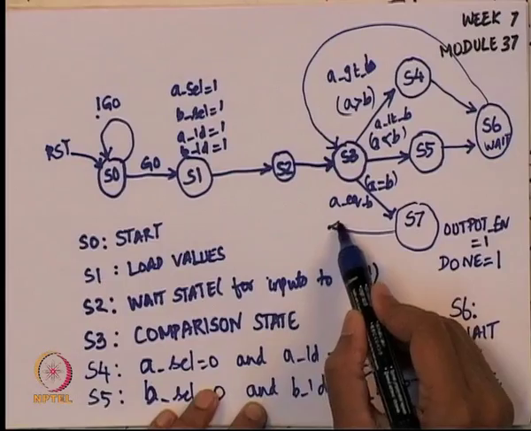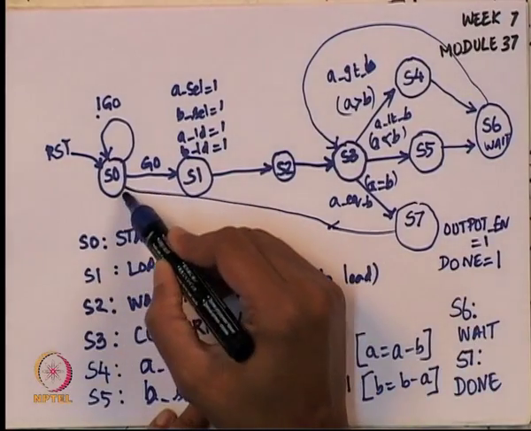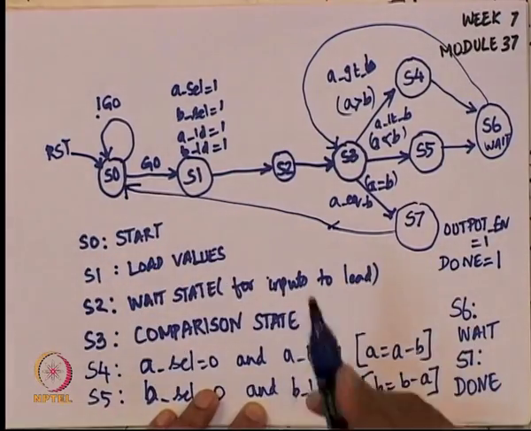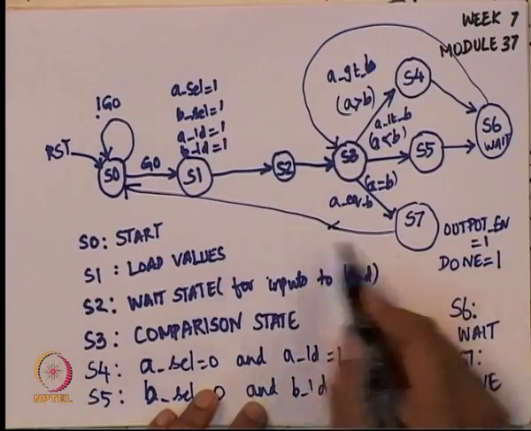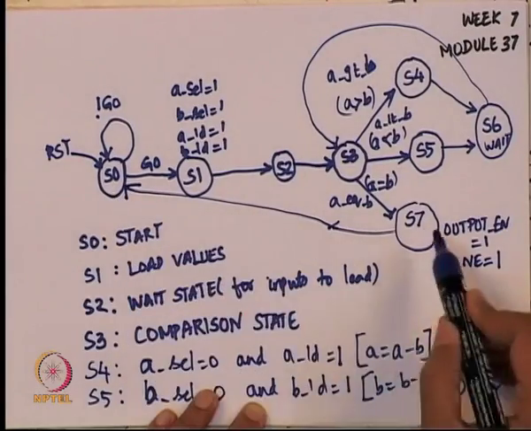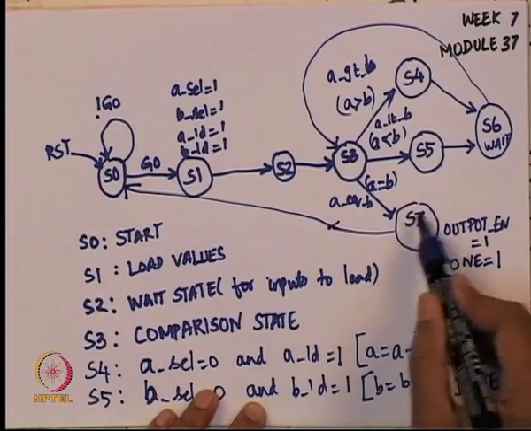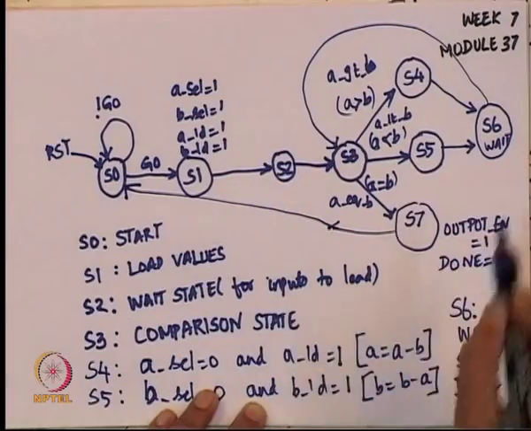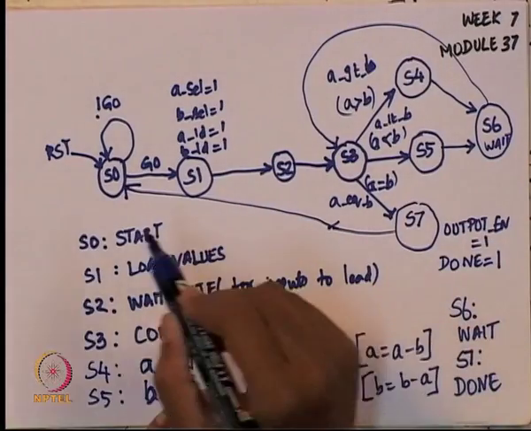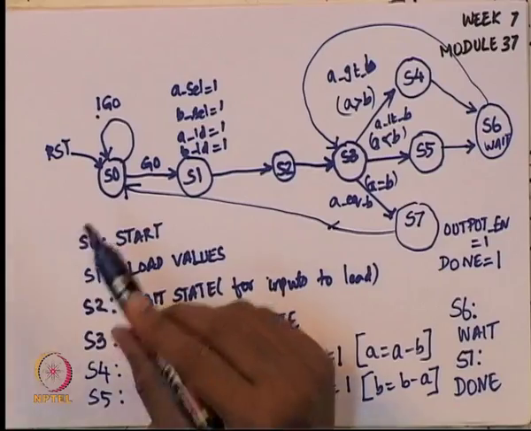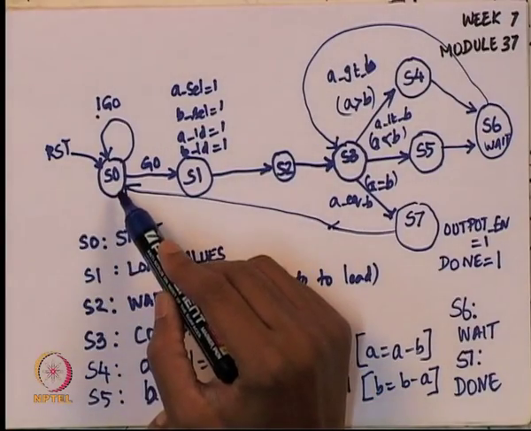Then once this is done, I am ready to take new inputs, and I am ready to take them from S0. So, I am going to connect this back to S0, so that once the done signal is ready, it means I have processed the current inputs, and I am now ready to take the new set of inputs. And what is the protocol for that?